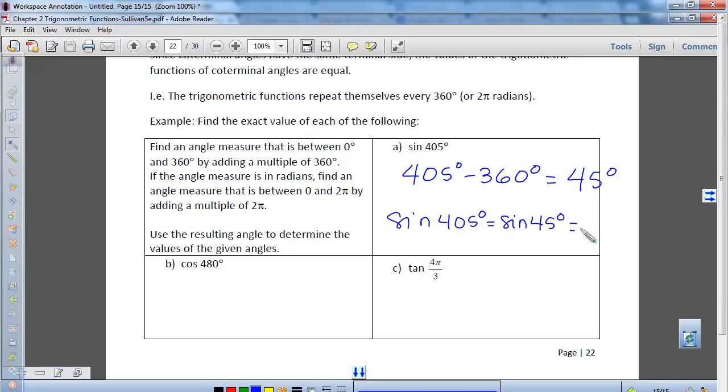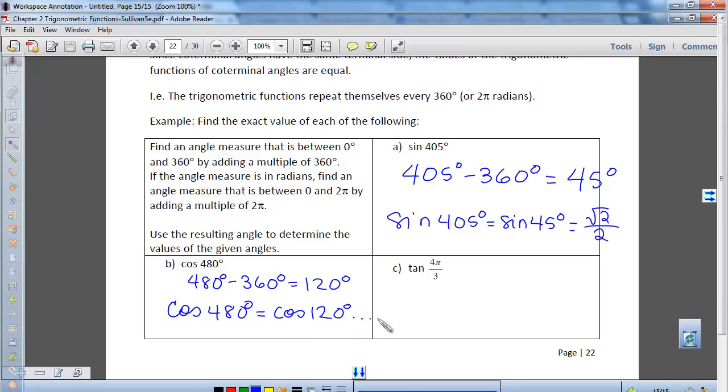Now, what's sine of 45 degrees? Root 2 over 2. Sine of 45 degrees is root 2 over 2. We got to know that. Okay. Cosine of 480 degrees, well, if I subtract 360 from 480 degrees, then I can say cosine of 480 degrees is equal to cosine of 120 degrees. And I'll just put dot, dot, dot for now because we don't know how to evaluate that yet, but we will